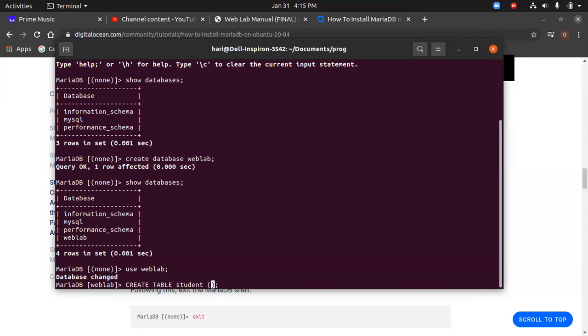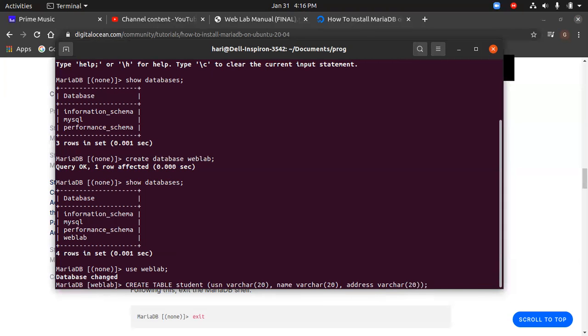Inside this, we'll be giving the row entity values. So we'll have USN, and then we'll define the data type, that is varchar, and then defining it as 20. Then there'll be name, which is using the same data type, varchar, and I'll set it as 20. And then address, I'm using the same data type, varchar, and setting it as 20.